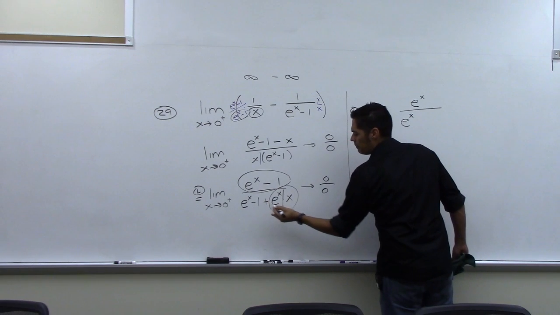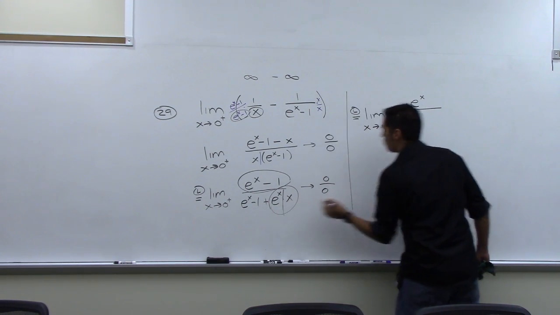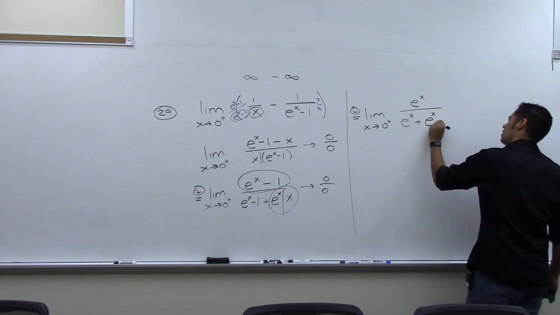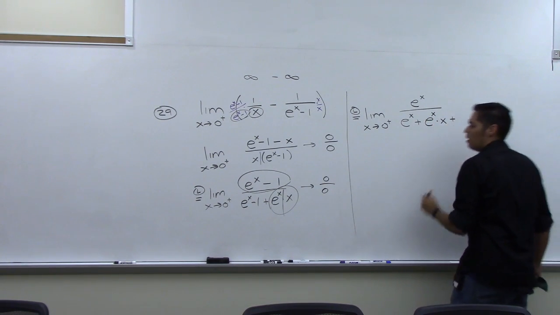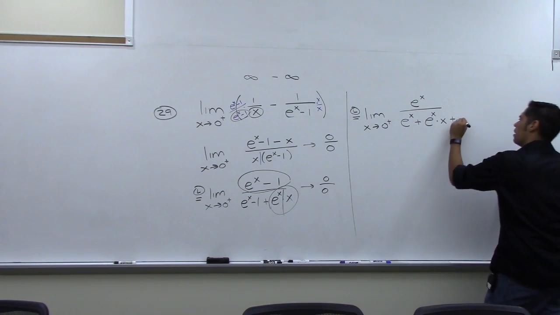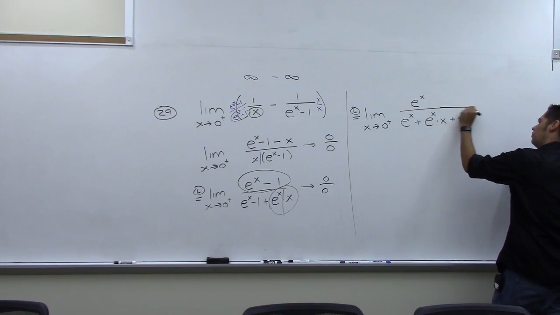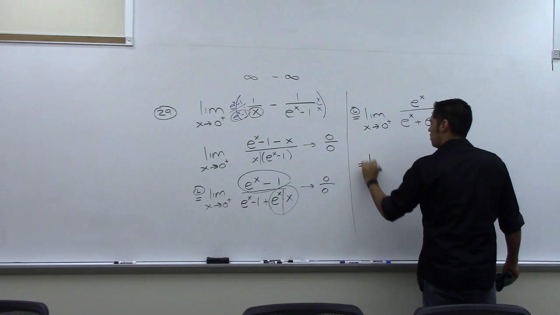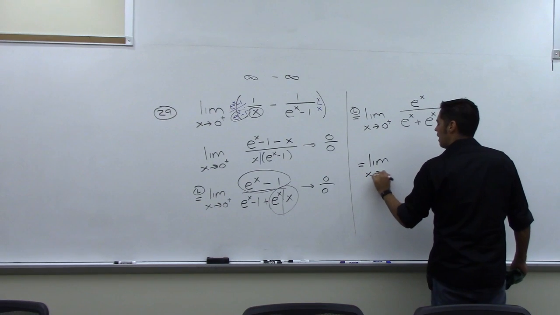Derivative of 1 is 0. Now product rule. Derivative of the first one, so this is plus. The first one is just e to the x times x plus. Now derivative of this one, 1 times that, e to the x again. It looks like this is getting messier, but notice at this point that I can factor an e to the